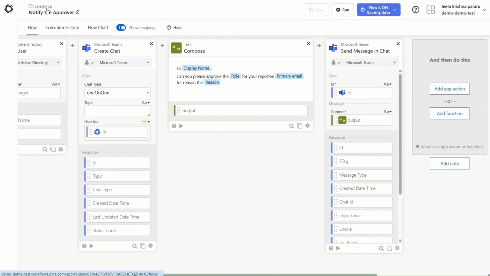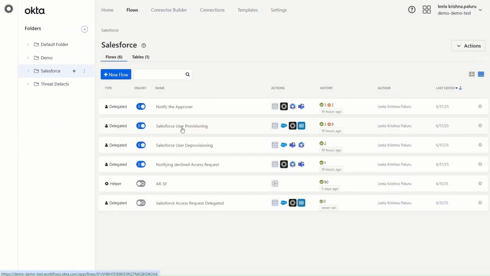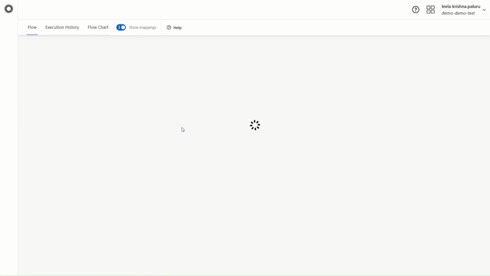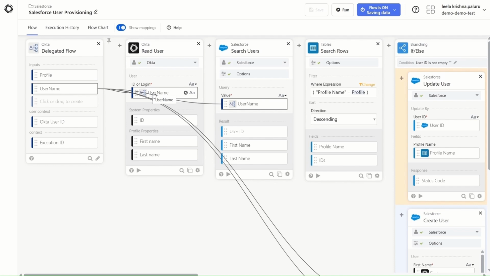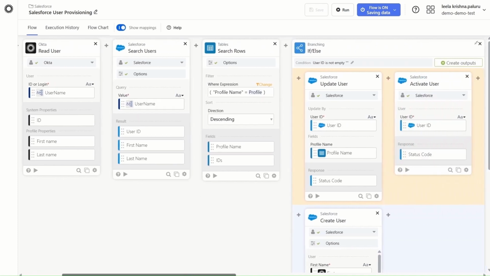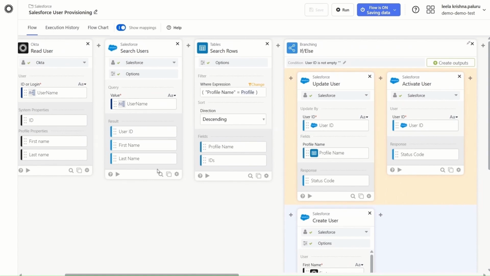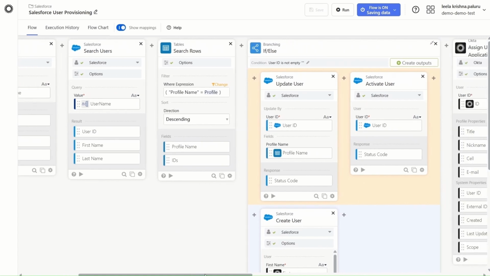And let's see what is in user provisioning. In the user provisioning, we have used 3 connections: Okta, Azure, Salesforce, and Teams. So the first card will be the parallel one with different inputs, and the other card is read user to fetch his first name and last name in Okta, and then search him in Salesforce to check his existence in Salesforce. So we will be getting user ID, first name and last name if the user exists in Salesforce, and under table we are getting profile name and ID,